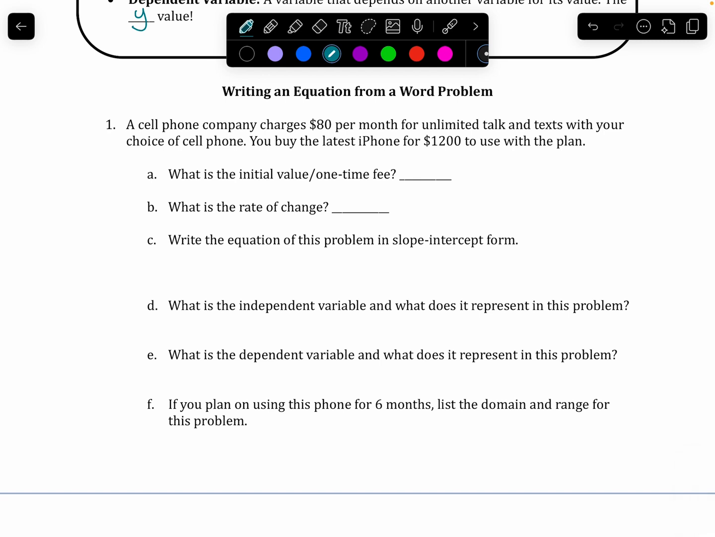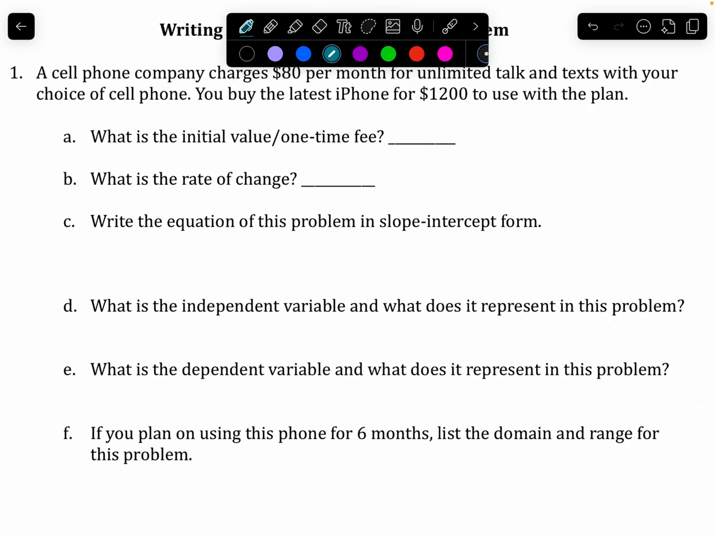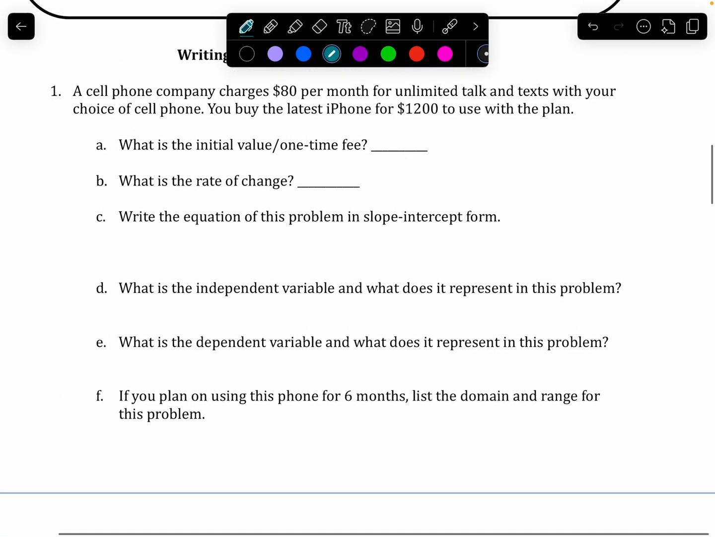All right, let's talk about writing an equation from a word problem. We've done this before in middle school. A cell phone company charges $80 per month for unlimited talk and text with your choice of cell phone. You buy the latest iPhone for $1,200 to use with the plan. What is the initial value or one-time fee? Well, hopefully you only pay $1,200 one time for your phone, so that is going to be our initial value